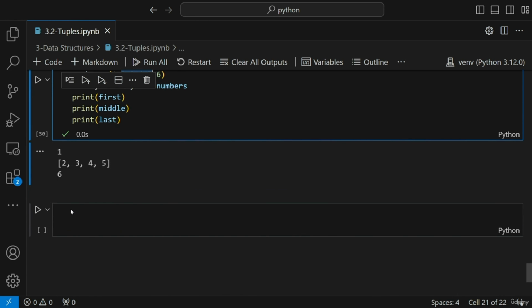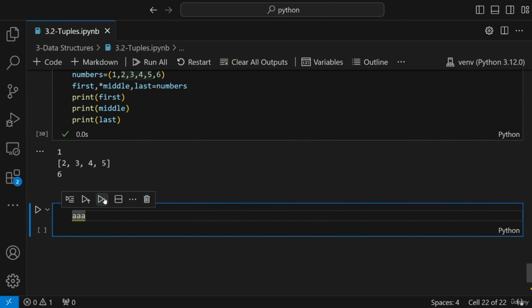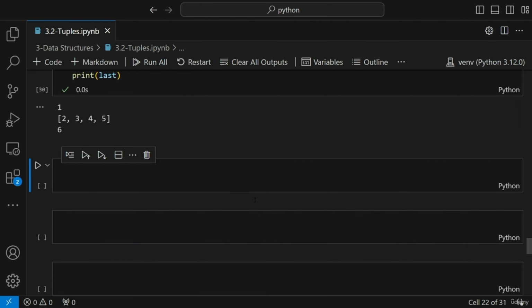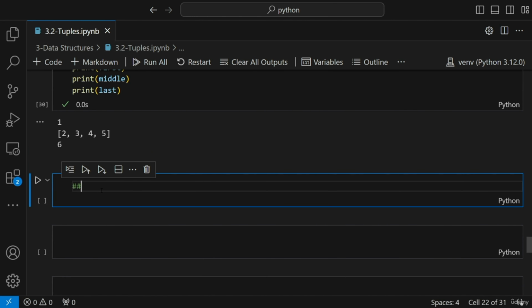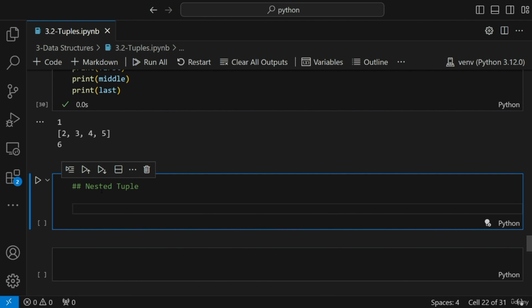Okay, let me go ahead and create more cells so that we'll be able to execute more code. Now let's see some examples of nested tuples. Tuples inside a tuple are basically called nested tuples. A list inside a list is also called a nested list. So if I write like this, I can create any number of lists inside a list. Let's say I have elements like 1, 2, 3, 4. Here I have 6, comma, 7, comma, 8, comma, 9, and let's say I have 1, comma,